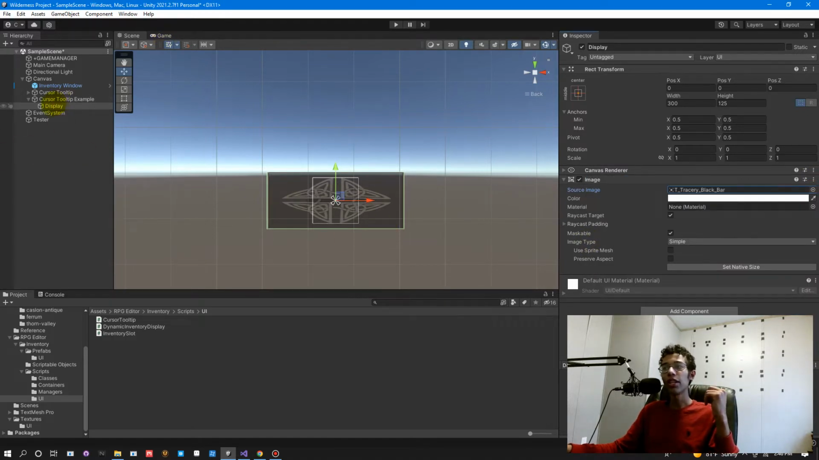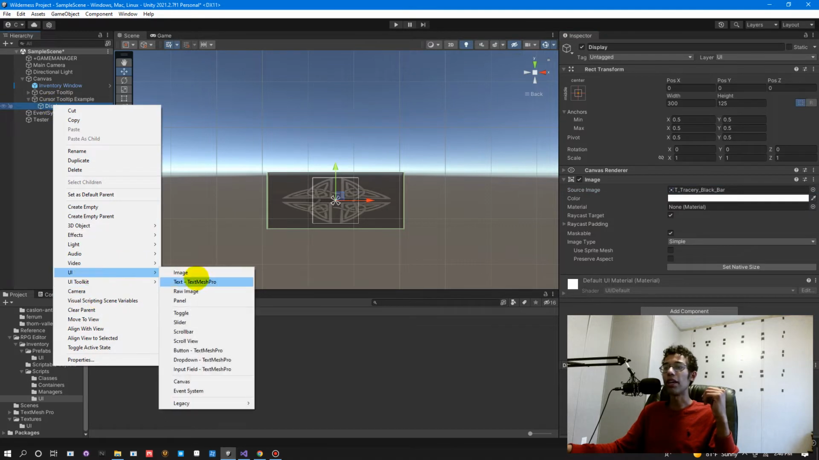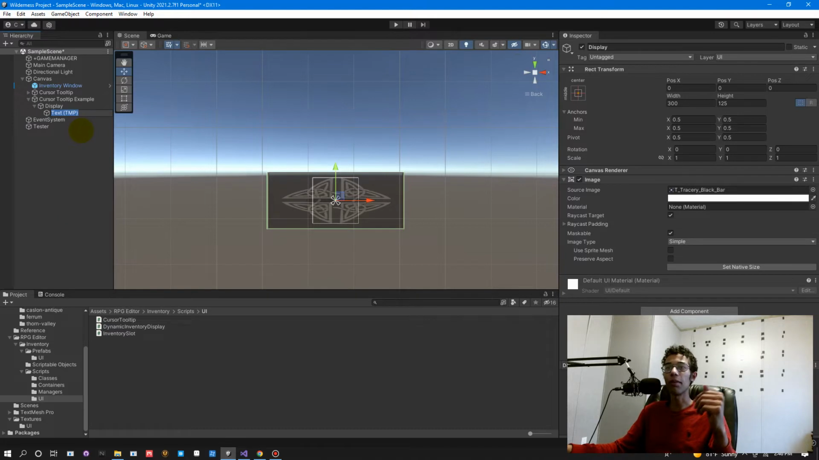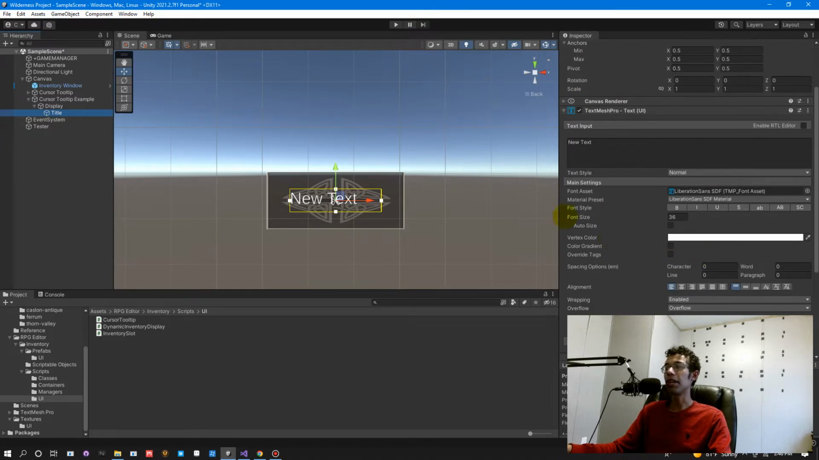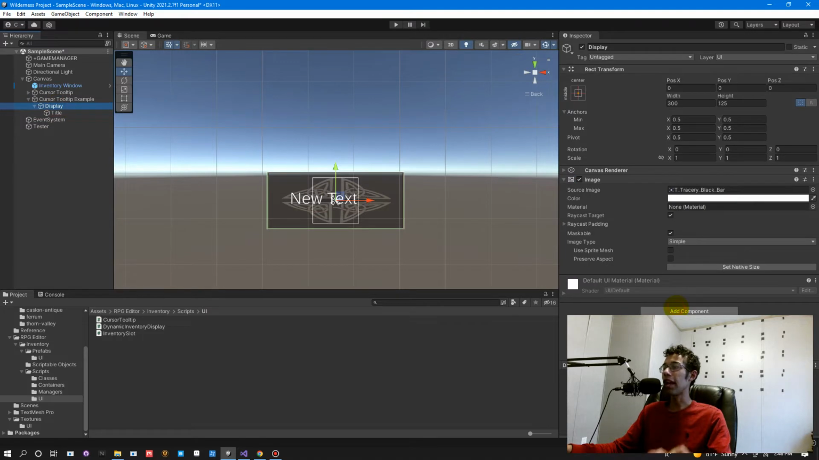Okay? So the next thing we want to do is go over to UI and create some form of text. And this, of course, is going to be for our title. We can just call it title. Now, obviously, the position that it's in, it's just there. So what we want to do is simply add in the position to the top of this thing, right? So I'm going to select our display, and I'm going to go ahead and add a component called